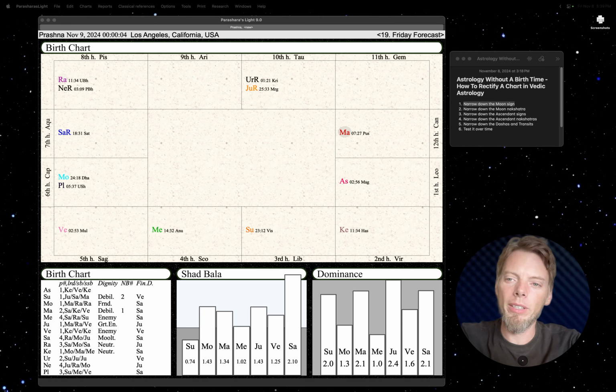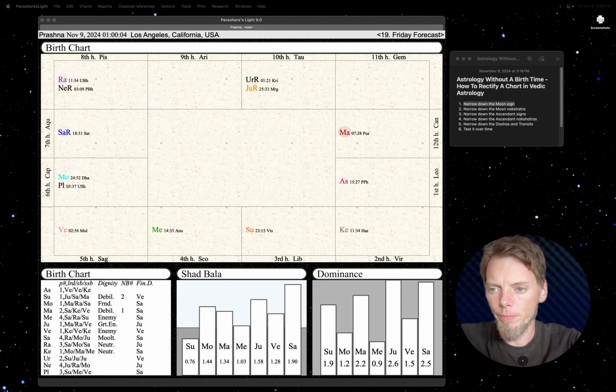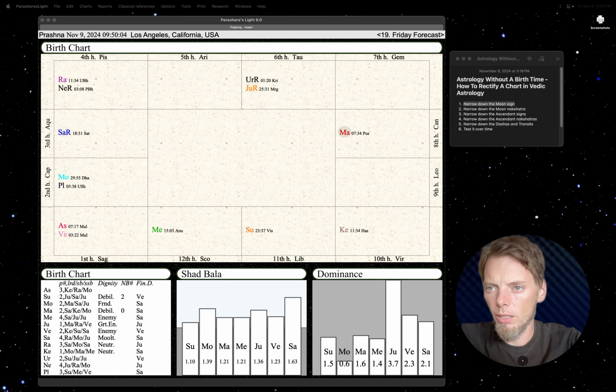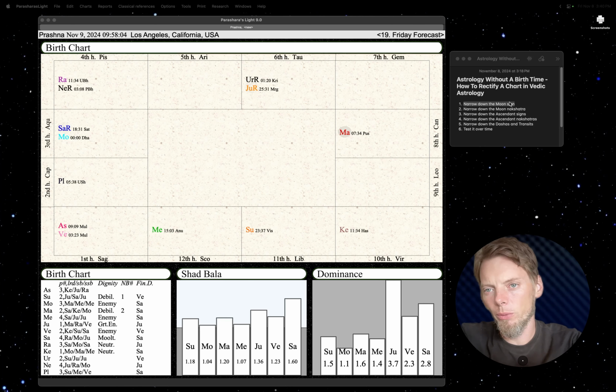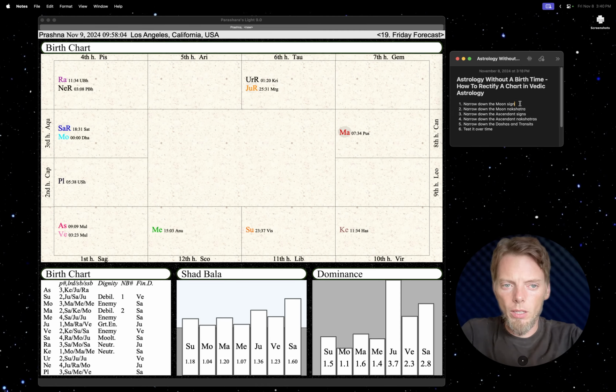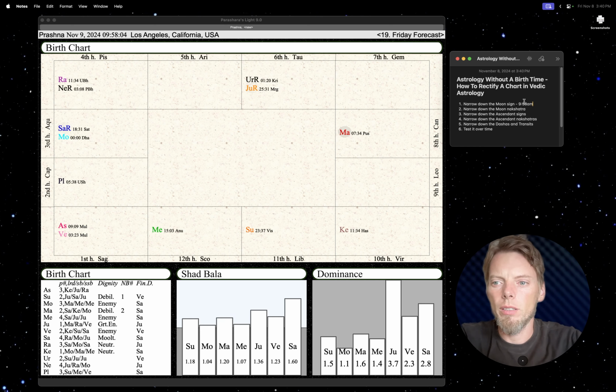So let's say we have done that process. We asked them questions to narrow down the moon sign, and now we're going to go to the time on November 9th when it does change. And that is right about 9:50 a.m. Let's get more precise here. We'll say it's 9:58 a.m. We're going with Pacific time on this example. Let's say they're born in Los Angeles. So narrowed on the moon sign, it's 9:58 a.m. to